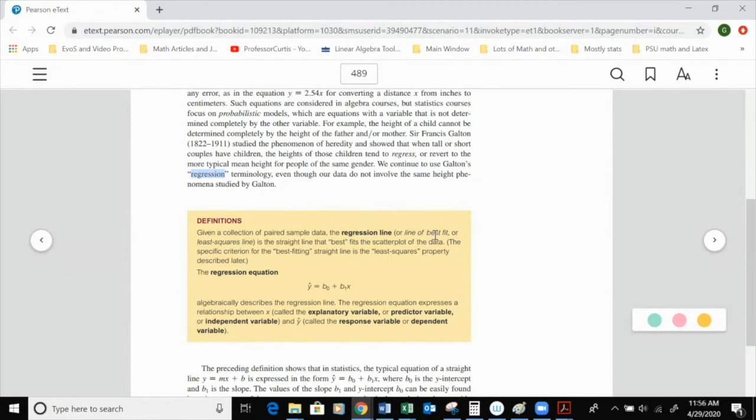In a short time. But for now, we call it the regression line, and that always works. It's the line that best, and he puts this in scare quotes, in quotation marks, because what do you mean best? You mean it hits most dots? You mean it's closer to, what do you mean by that? And we'll see what it means in a minute. But right now, we don't know. But the regression line is defined as the line that best fits the scatter plot, and the regression line has